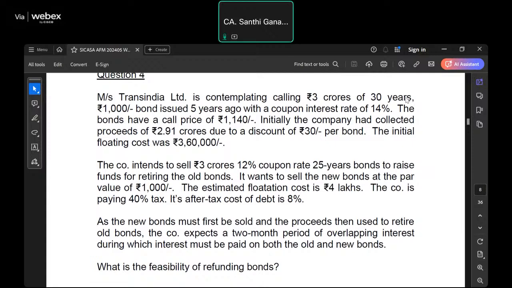Now we may wonder whether it is possible to have both put and call option. It is possible. Put and call option is a two-way exit option available both for the investor and the issuer. The investor's option to exit is a put option. The issuer's option to exit is a call option. So I think up to this, it's fine. I'll give you some time. You can try the problem, then we can discuss it.